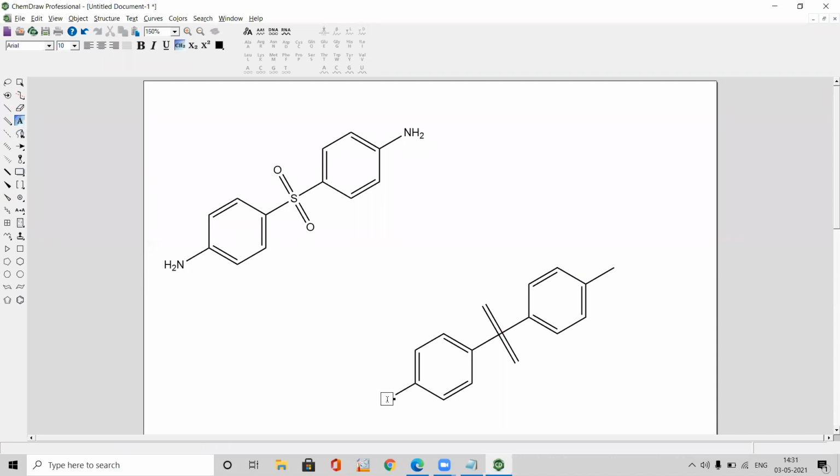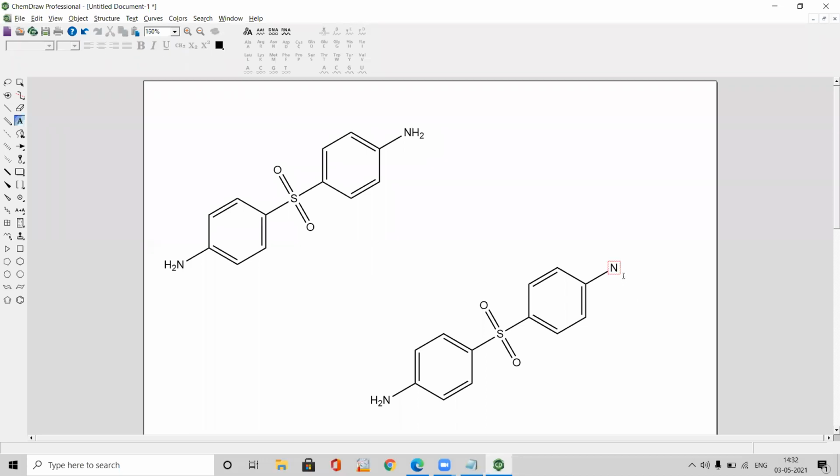So here NH2, and here we need to include sulfur atom, and here oxygen, and here oxygen, and here at last again nitrogen.